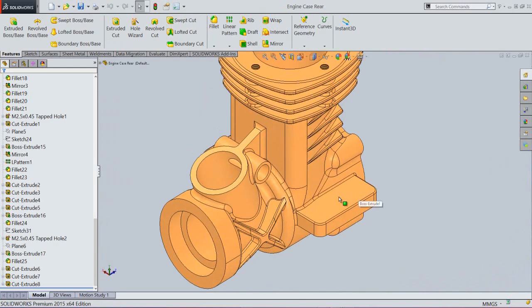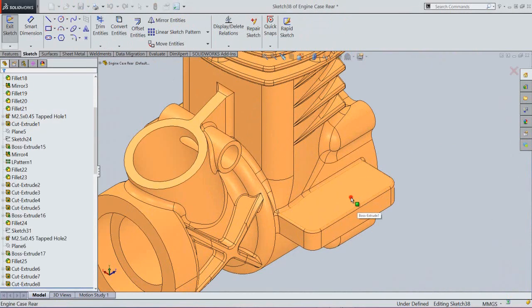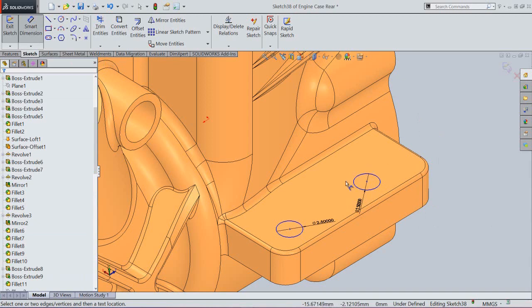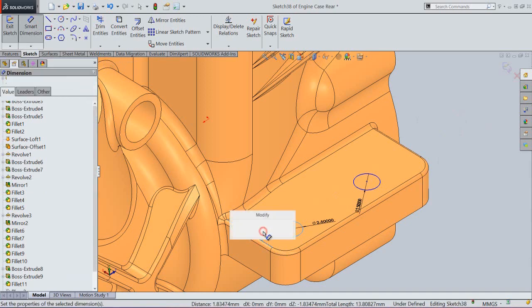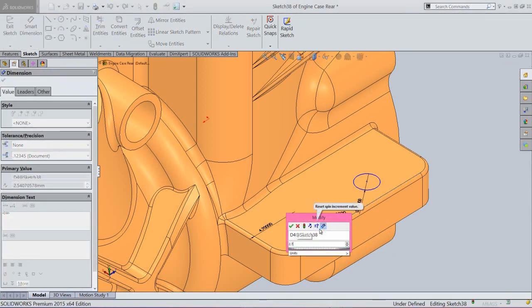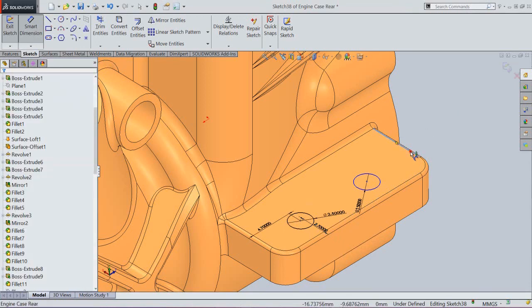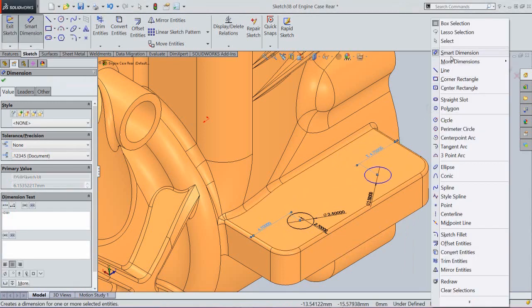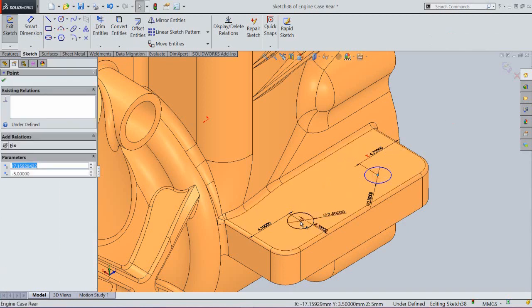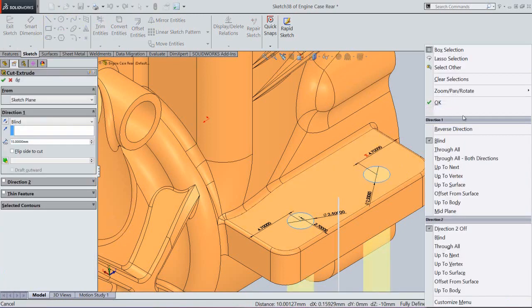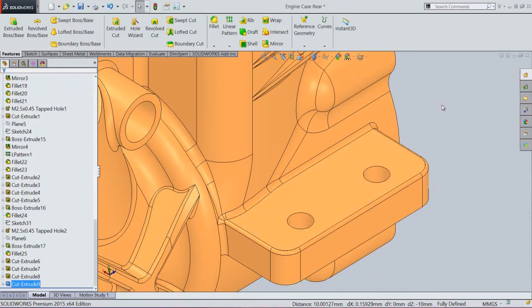We will create another hole on the opposite side of the face. Okay, now see the result.